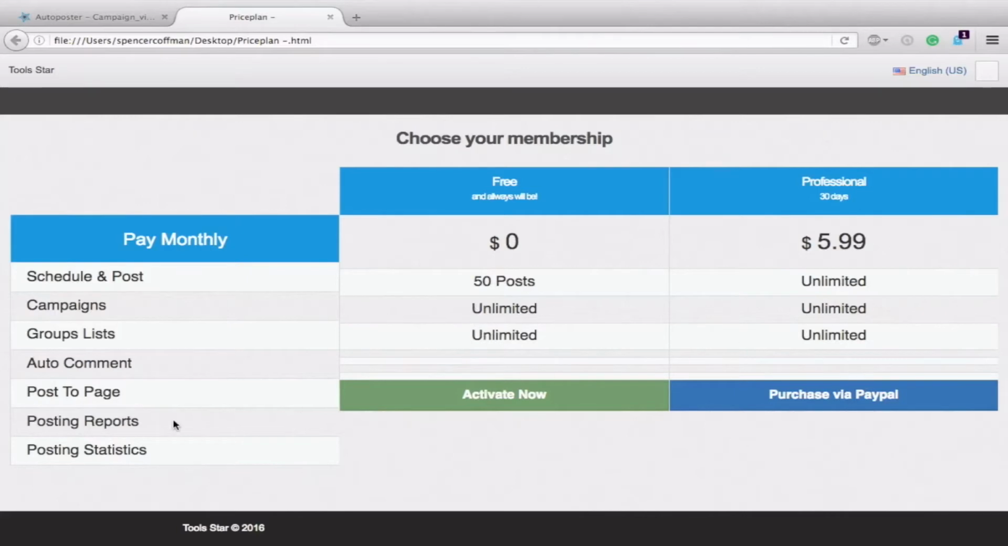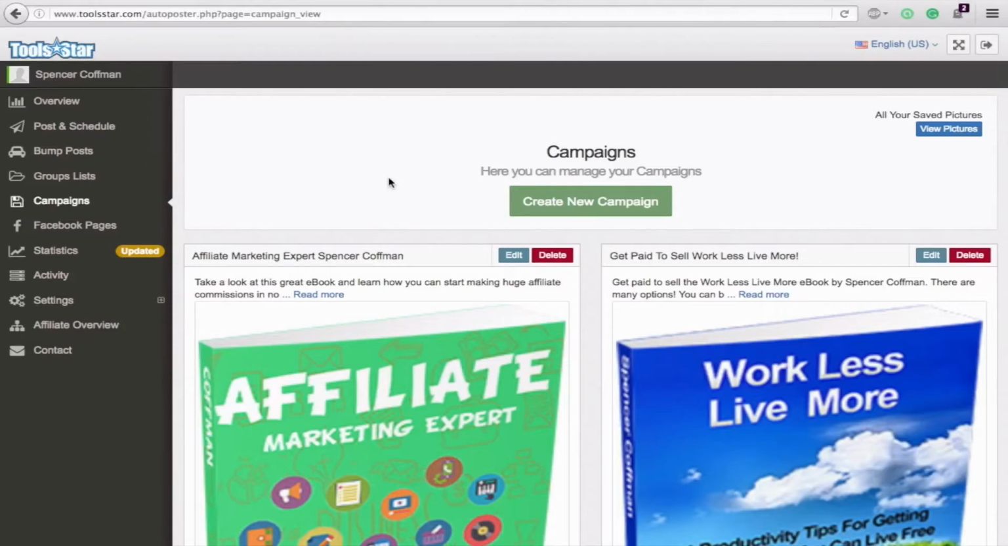But with the paid version you can have auto comments, you can post to your Facebook pages, and you can get reports and statistics. That is something you may want to consider, and I will go over the differences in both of them. But for $6 a month it is highly worth it, especially when most other programs are charging $30 or more a month. So to hit create new campaign,